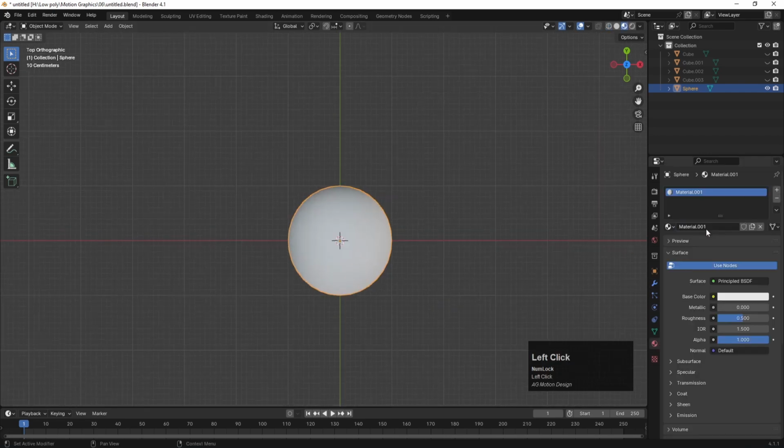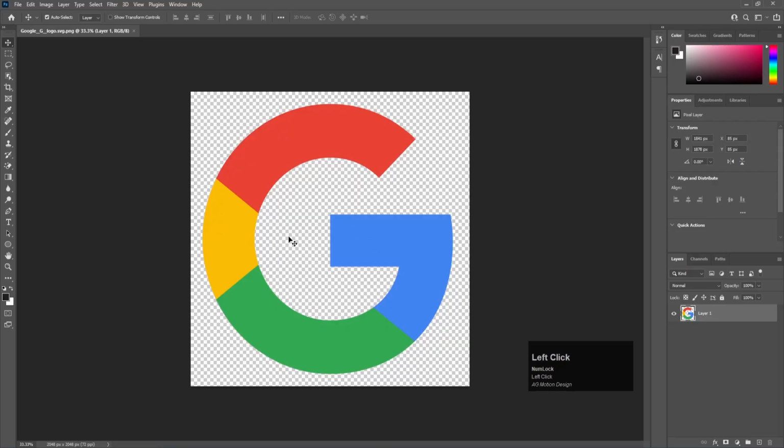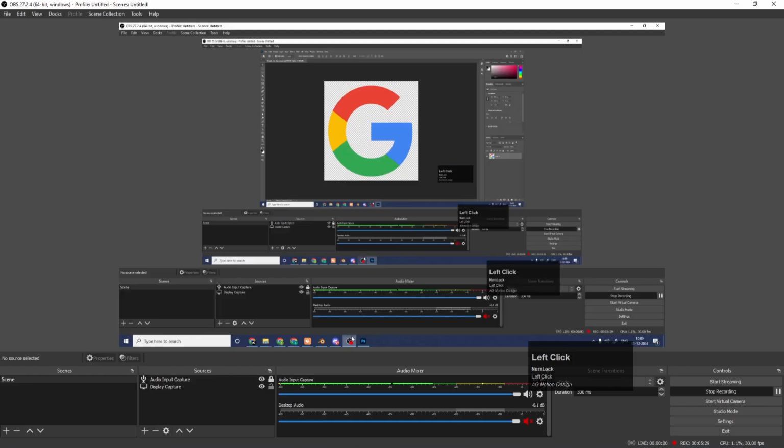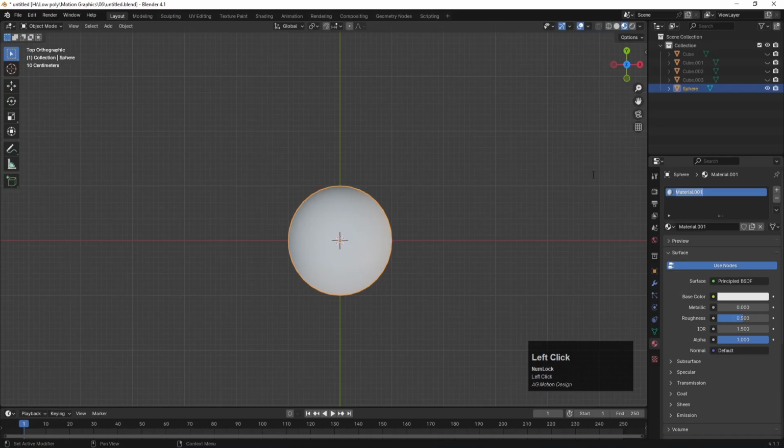Go to the material, create one new material, double click, and as you guys know, I'm going to apply color codes from Google. So I have this Google logo over here, out of which you can choose any color you want. Over here, if you see this logo, we have 1, 2, 3, 4 colors. So 4 colors are going to be for this 4 boxes. For this you can choose different colors as well. It's totally up to you. What I'm going to do over here is select this and apply this blue